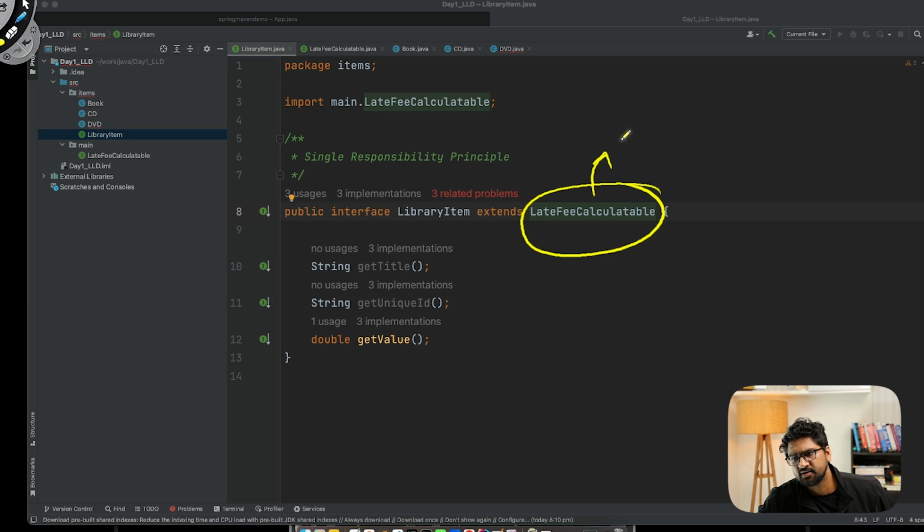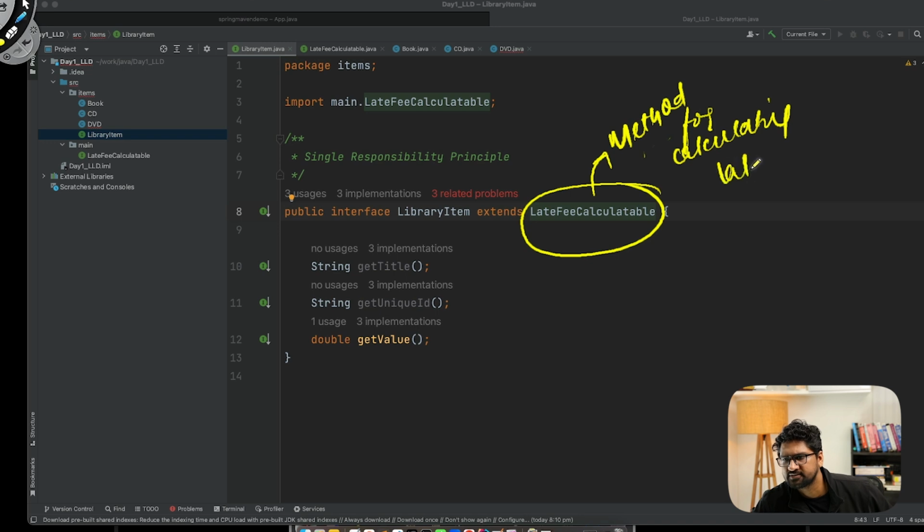Basically, it's not the logic, but the method will have the method for calculating late fees,